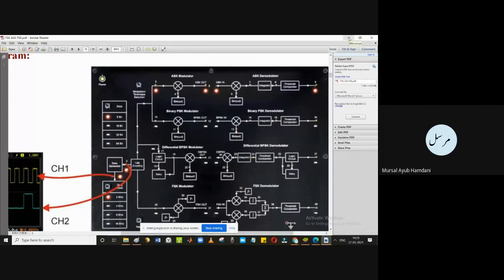But first let me start with the MATLAB code of the ASK modulator as well as demodulator. We will go very slowly so that you understand all the steps. Now that you have gone through the theory, I am not going through any PPTs or something like that. I'll just be discussing the MATLAB code. Is it okay with you? Kindly give me feedback.